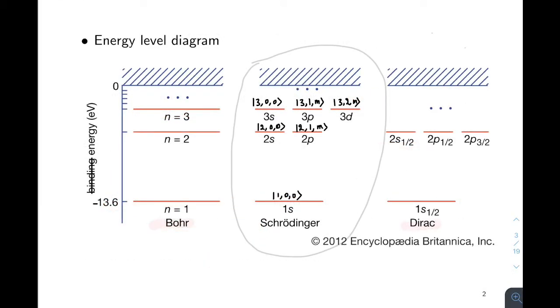Here is the energy level diagram we worked out in our last class. The ground state is 100. We denote it as 1s. S means that L is equal to 0. Similarly, over here 200 state is denoted as 2s and 21m states are denoted collectively as 2p. P means that L is equal to 1 and we remember that m has 3 values over here. Similarly, over here D stands for L is equal to 2 and m will have 5 values over here.